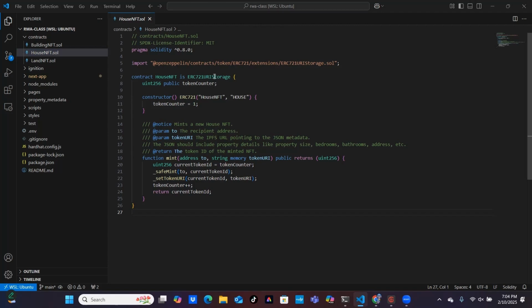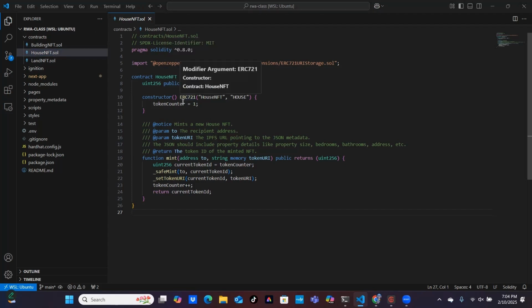So everything that's a part of that is now a part of this that we're building on top of it, okay? So our number, unsigned integer 256, public token counter. All right, we're just setting our variables here. We're declaring our variables, and they're going to be public, so everyone's going to be able to see the token counter on chain. Okay, we could make this private and it would only be visible to the deployer, but it's going to